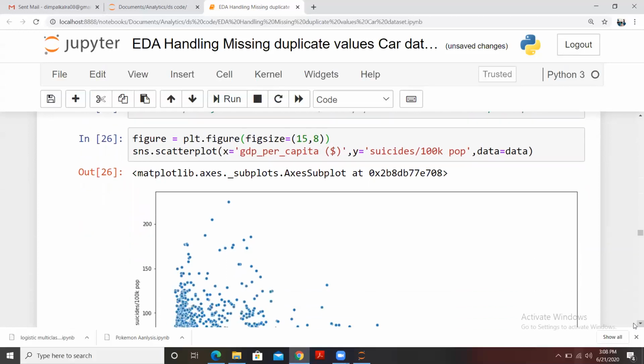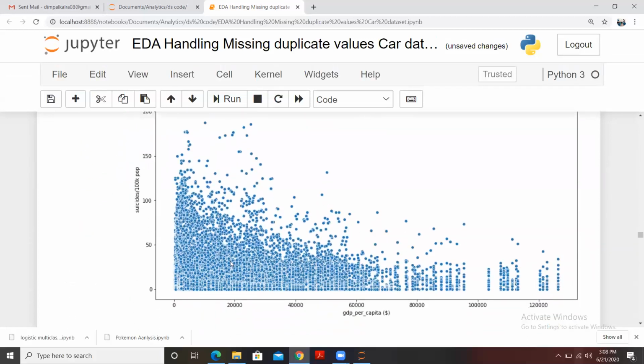So what you see here, what do you understand based on this plot, how do you interpret this? It looks like the higher suicide rates are a bit more towards the countries which have higher GDP, right? However, it doesn't look like there is any significant correlation between the two, but it looks like higher suicide rates are a bit more prevalent in countries with higher GDP.